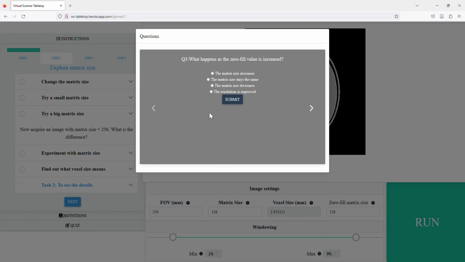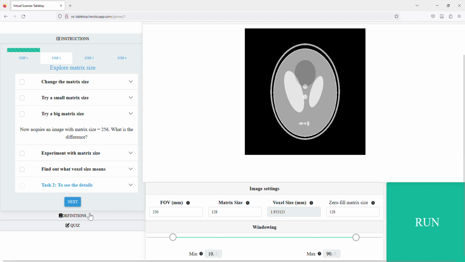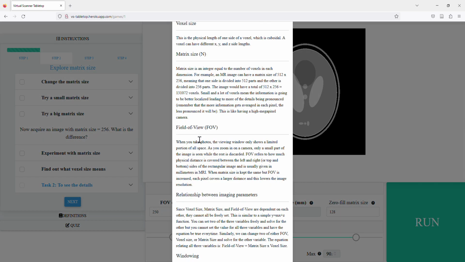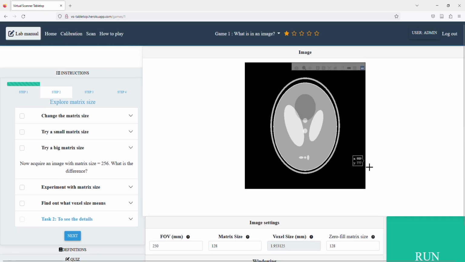So by clicking quiz, this window will open and allow you to submit answers. The third part of the lab menu is definitions, which is if you want to do more reading on what each of the concepts is, this window will provide that. So that is for game 1,